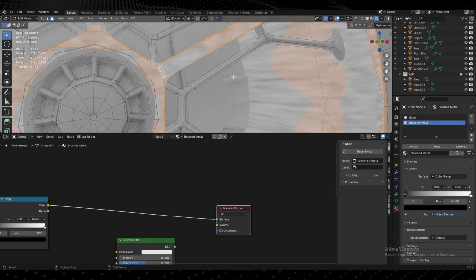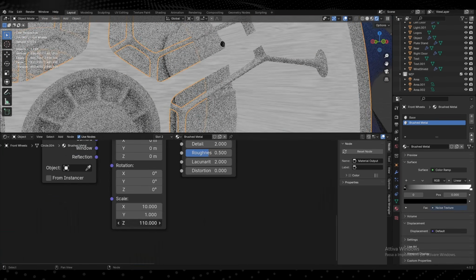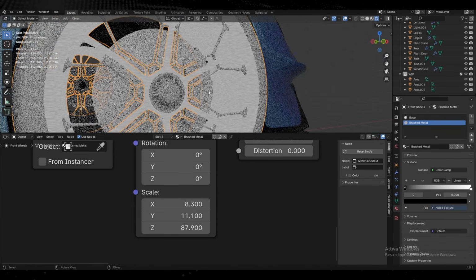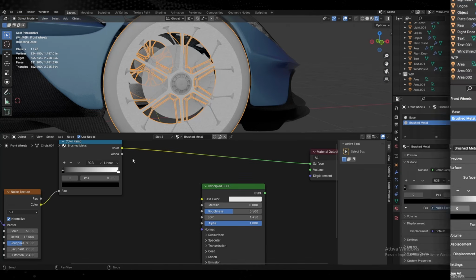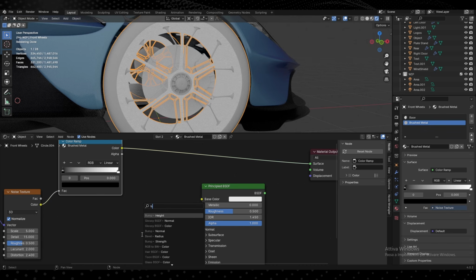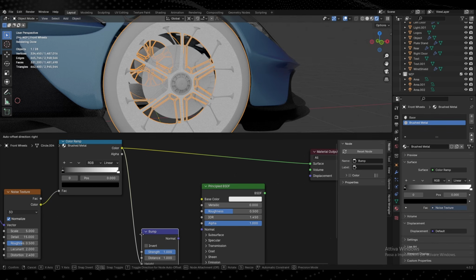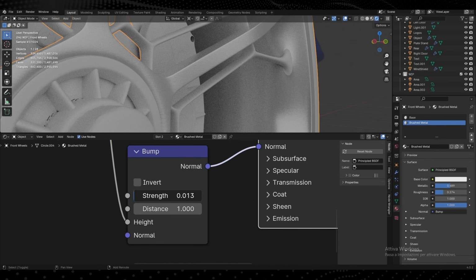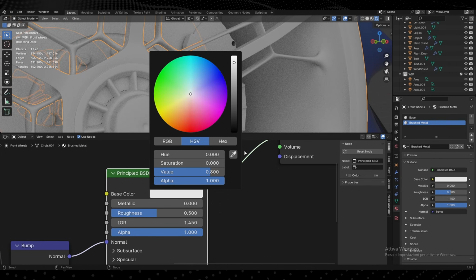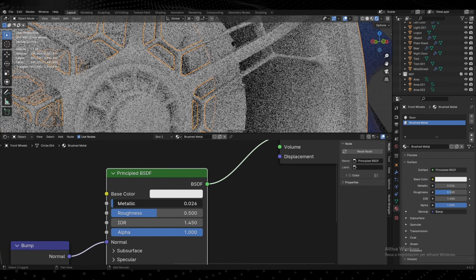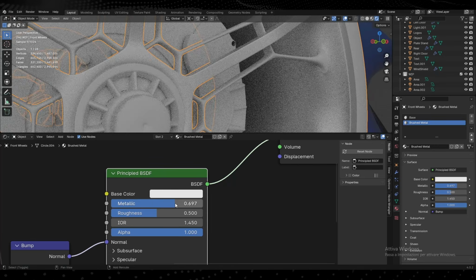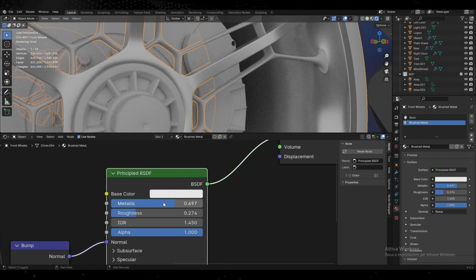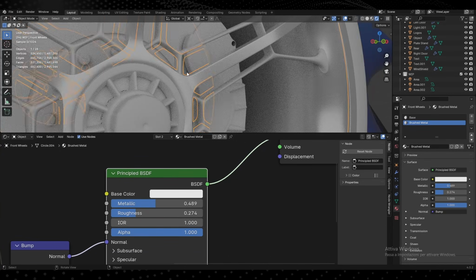I think that these lines need to be more stretched, so I played around with the scale and the noise texture's values until I was satisfied. I suggest you do the same. Once I had chosen the parameters for my texture, I plugged what I did into a bump node, then into the normal input of our shader with a value of 0.009 on the strength. Then I left the base color white, but increased the metallic, which made our material look more gray. Finally, I set the roughness to 0.274 and the IOR to 1